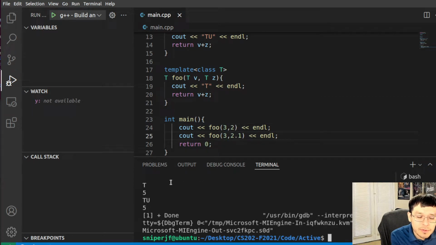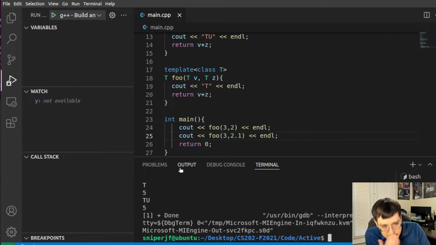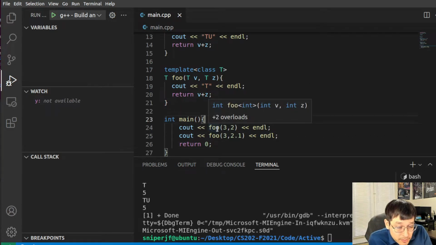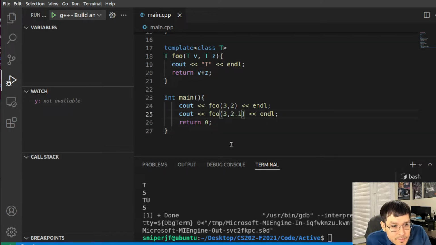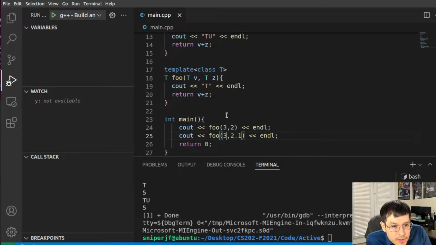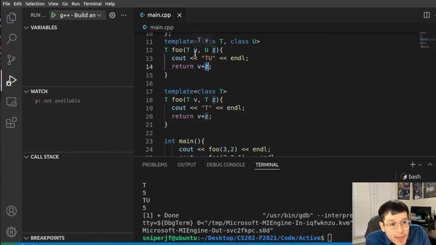Why did they give me 5 actually? There's probably coercion going on. Let's look at it slowly, or we can just run the debugger. This one gives you 5 because it's just calling this one and they're both integers. This one, my guess is that the integer here, even though the other one is being passed as a double. Oh yeah, because the return type is a T, right? The return type is the integer. So even though this addition probably keeps it as a double, then when it returns as an integer, there's